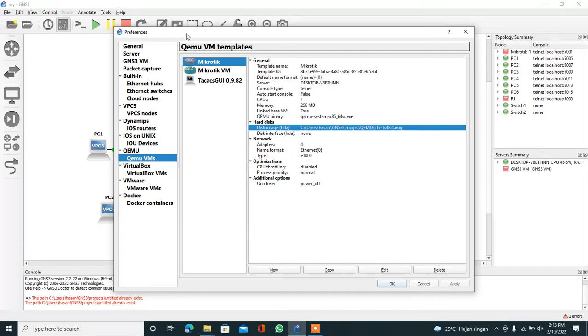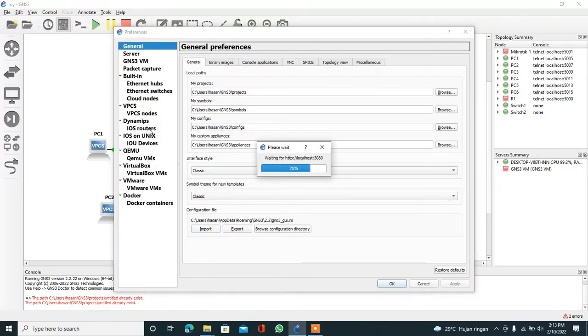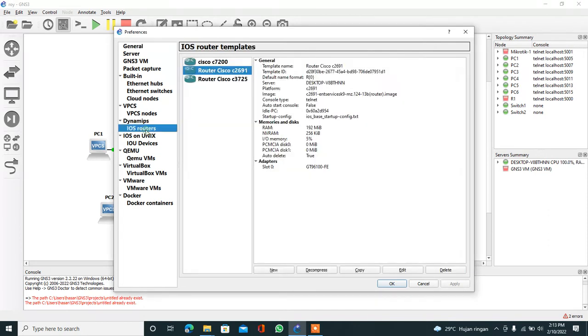Next, for the Cisco router, here I will use the IOS router series 3725. To add the router, same steps: first we go to Edit, Preferences, and select IOS routers. This is the Cisco router C3725. If you don't have it, install it first.